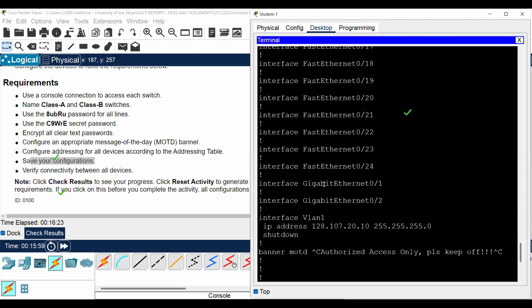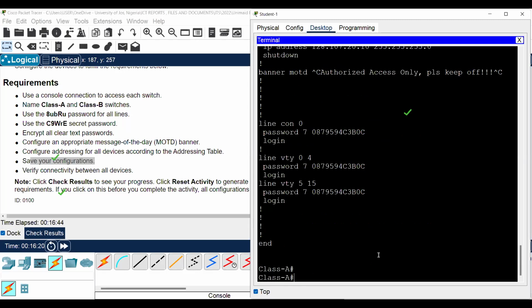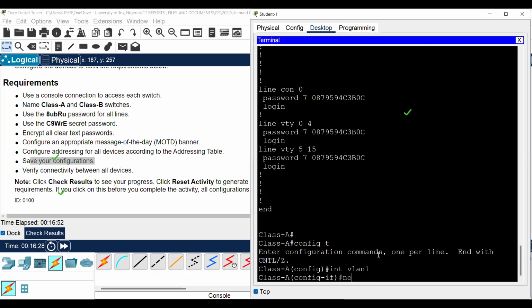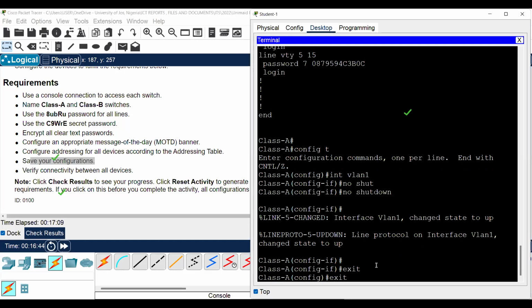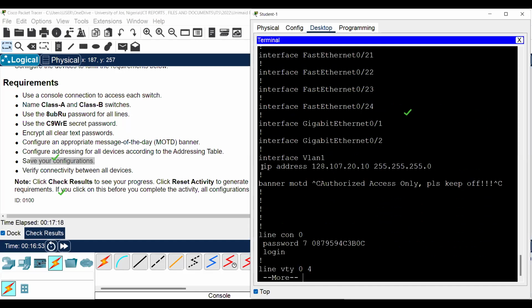Where's the VLAN? Okay, this one. You see here, it says shutdown. Shutdown means that the interface is shut down. So when you put an IP address, you're supposed to use no shutdown so that you can make the interface up. So to get back here, I have to go to interface VLAN 1. Okay, so I will say config T, interface VLAN 1. I will say no shutdown. So you see, the moment I use the command no shutdown, it tells me that the link status has changed to up. Okay, the line protocol is now up. So if I exit now, and I say show running config, let's check the VLAN interface now. Can you see now that shutdown is gone? So we are done with